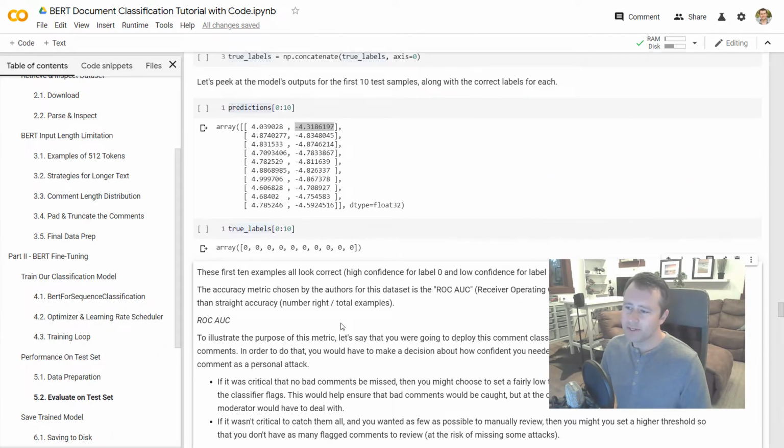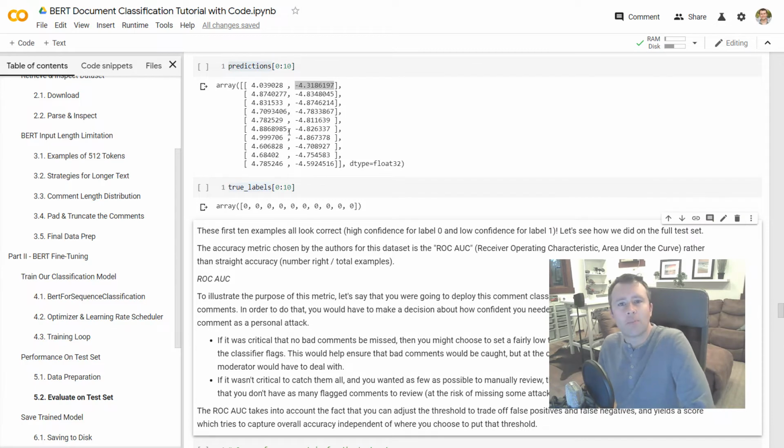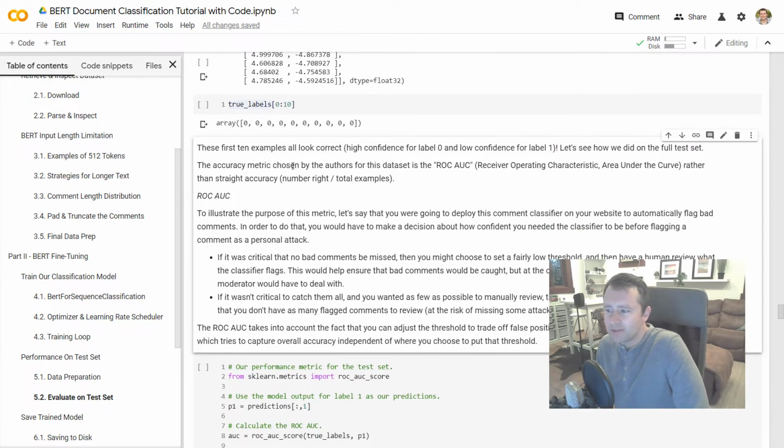So the next thing to do is to measure our performance on the entire test set. The performance metric that the authors of this dataset chose is the ROC-AUC, area under the curve. And this is a pretty popular metric, so you should be able to find some good tutorials out there on it. Real quick though, I'll try to give you the most important intuition about what this metric is trying to